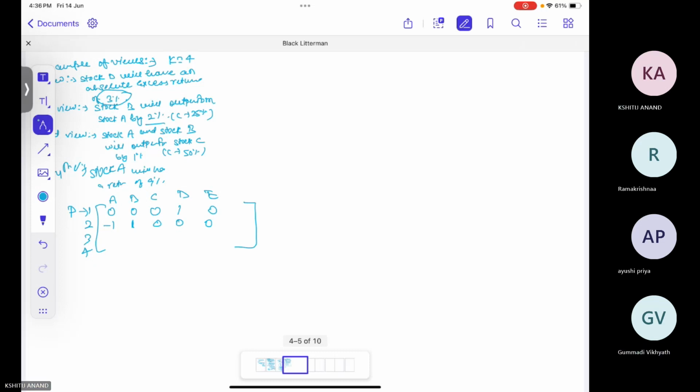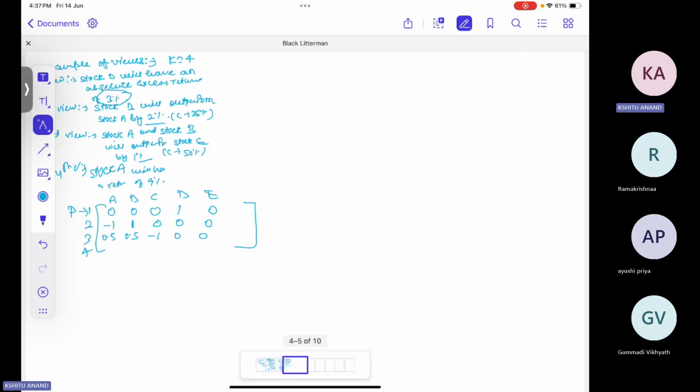The third view: stock A and stock B will outperform stock C by 1%. So stock C will be underperforming, so it will be -1. And stock A and stock B will be performing well, so they will have +1. But since there are two stocks, you divide equally. So here it will be 0.5 and 0.5, and then 0, 0, because you are not expressing a view on stock